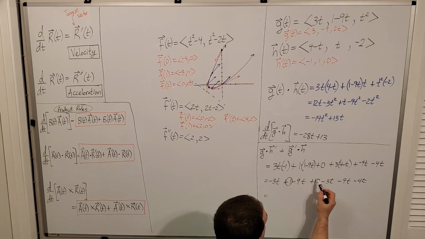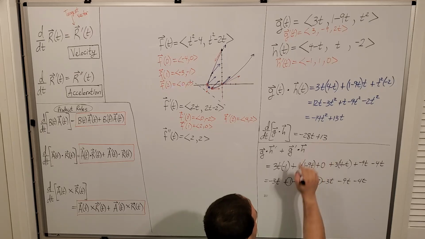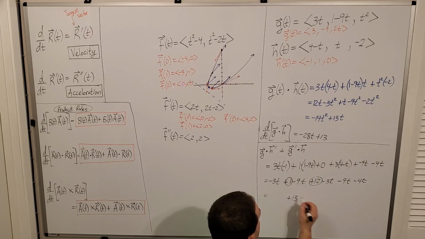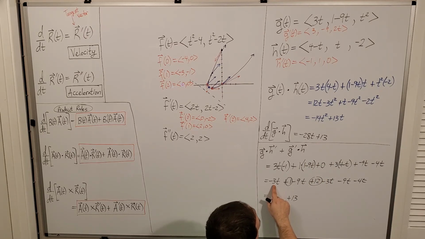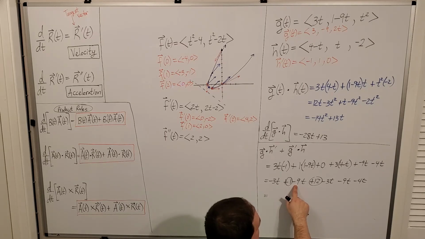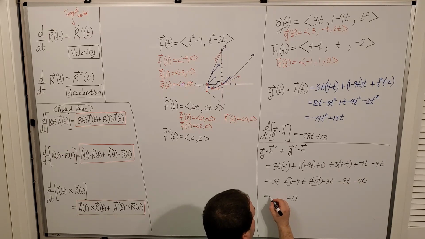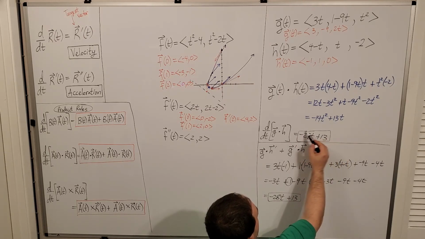I have a 1 plus 12. There's your 13. Right? I have -3 minus 9 is -12, minus 3 is -15, minus 9 is -24, minus 4 is -28t. Okay? Not a coincidence that it's the same as that,